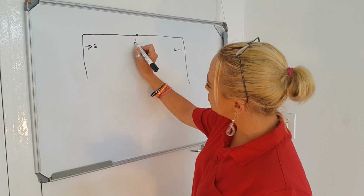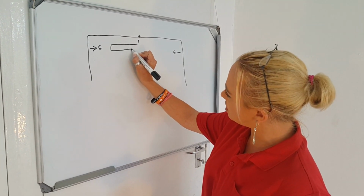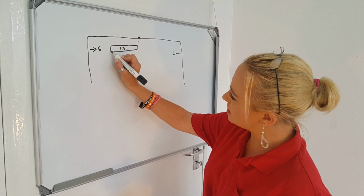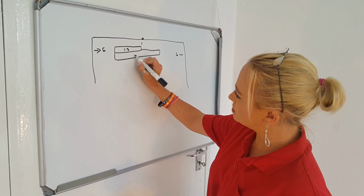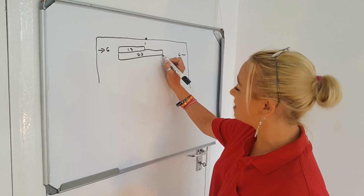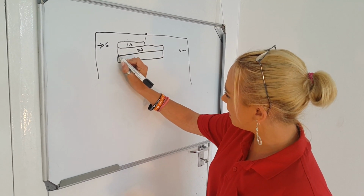Now, in my case, I want to roll out 1.3 like that of my actual mat. So that would be 1.3. Then I'm going to cut and I'm going to roll 2.2 like that. Do excuse my drawing, I'm not an artist. Okay, then we're going to cut again, go back another 2.2, like so,